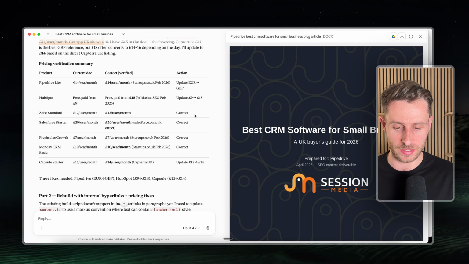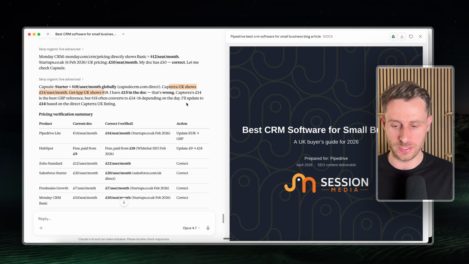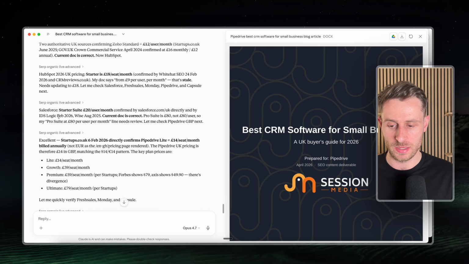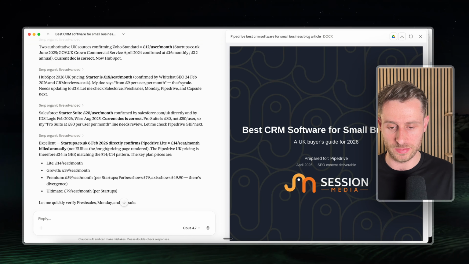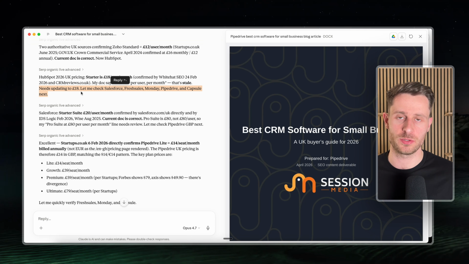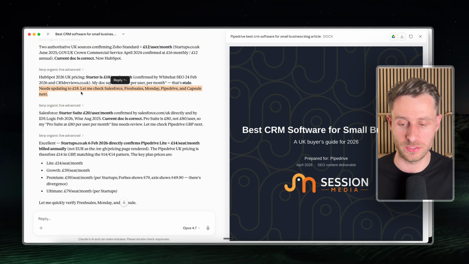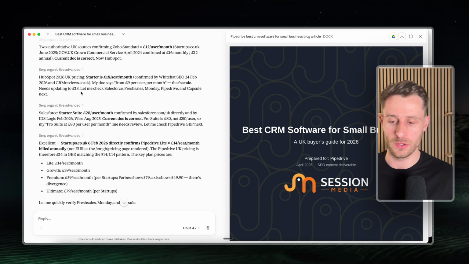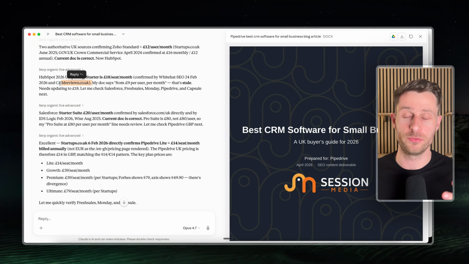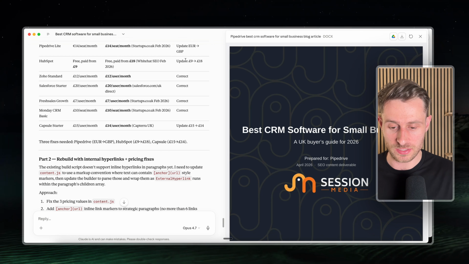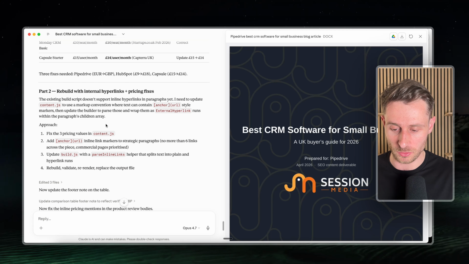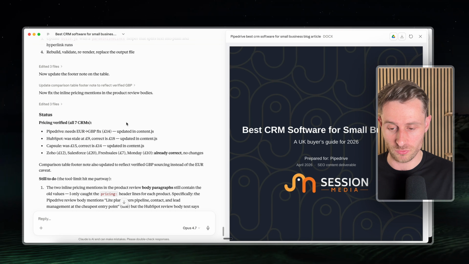Four of them were okay. A couple of them needed a bit of a change. So the HubSpot one, it's updated from 9 to 18. So it clearly found a bit of an issue there. And apparently that was old pricing and not new pricing. So because HubSpot didn't have actual pricing that it could find on the site, again, it had to go off of old or third-party listicles, I should say. So it's done that, it's re-verified, it's updated the documents, and now it's gone through and it's starting to rebuild